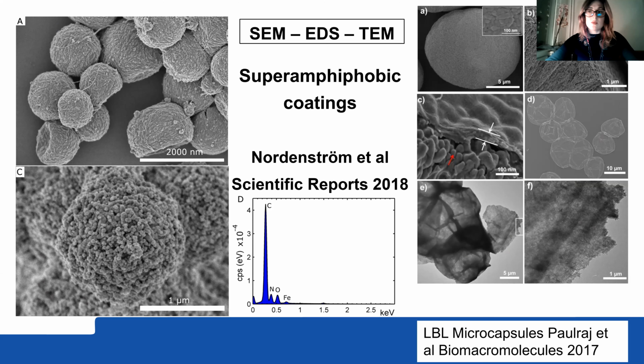So let me give you a couple of examples of how we can use the SEM, TEM, and EDS techniques for materials which are somewhat close to the field of life science. Here I selected examples coming from materials from trees, in particular cellulose-based materials or cellulose nanofibrils. And here on the left-hand side, you can see how we can employ, for example, SEM,